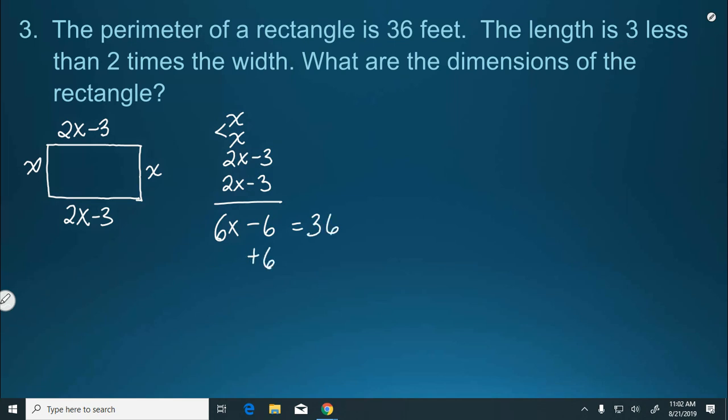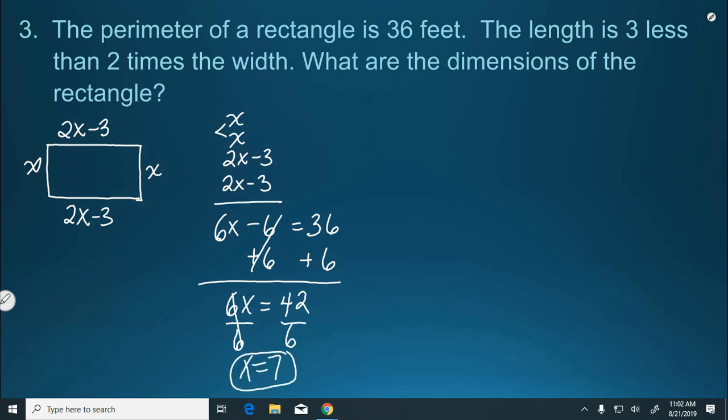Add 6 to both sides. 6x equals 42. Divide by 6, and x equals 7. Plug that 7 in. We know now that the widths are 7 feet each. We have to find the lengths. So 2 times 7 minus 3 will give us our length, which is 14 minus 3. So that's 11 feet